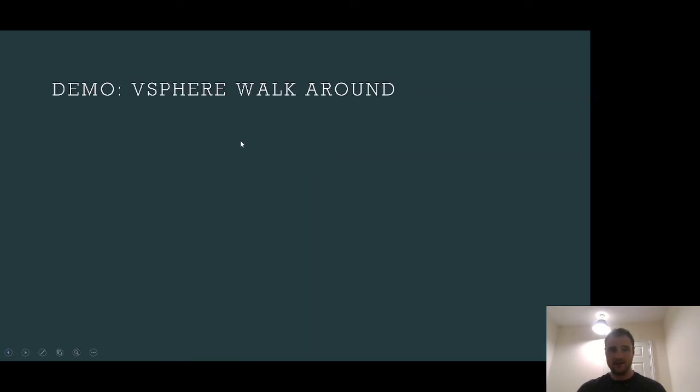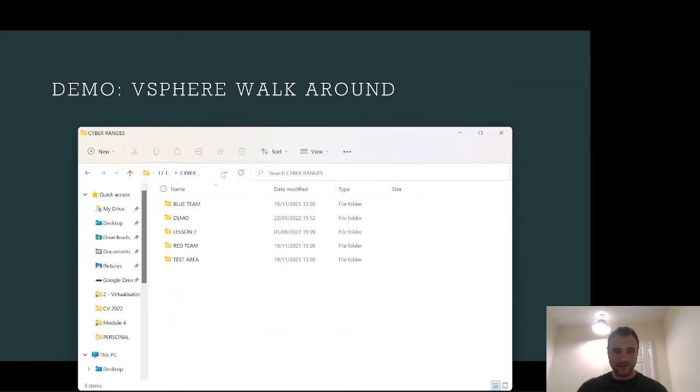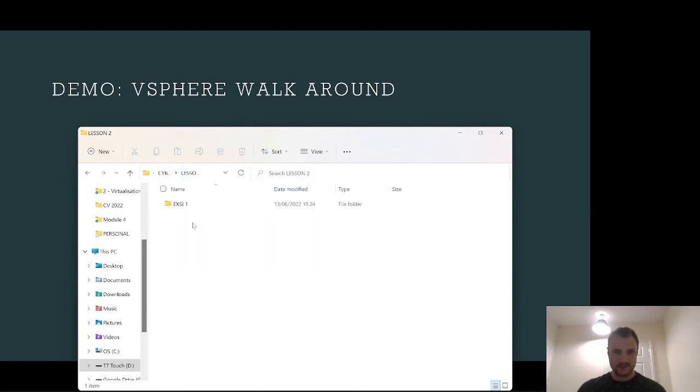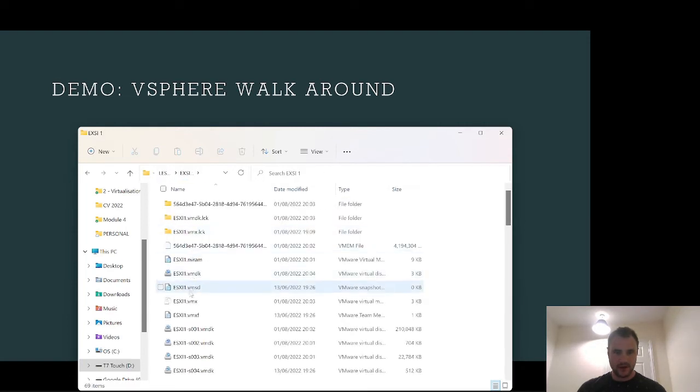Cool. Demo. So I'm going to do a quick vSphere walk around, but I'm going to do it from the point of turning something on and then accessing it. So pardon me dragging things on screen. I'm just going to bring it across my USB cyber range. So if I bring it up to the point of test, listen to ESXi1 and let it boot. Just what I want to do is